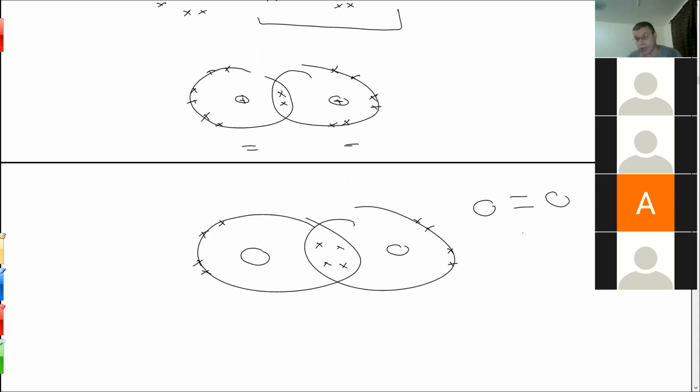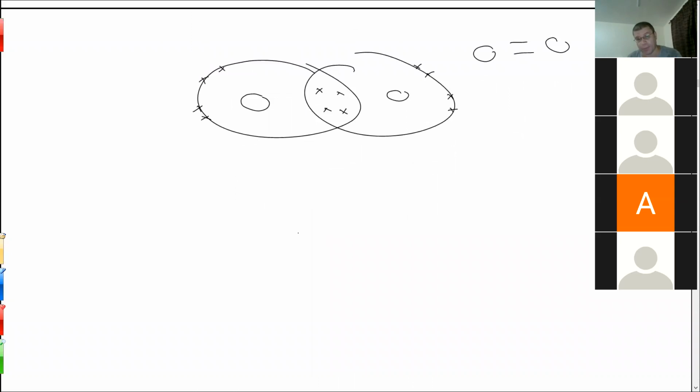For nitrogen, we have the same thing. Nitrogen has 5 electrons, by the way. So we have this nitrogen